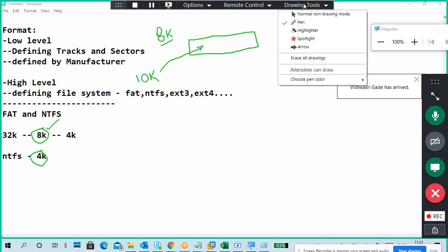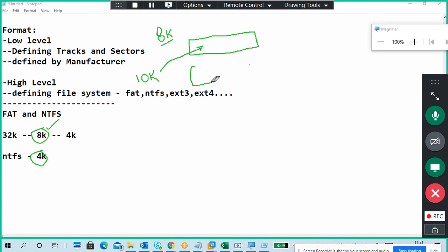Then what do we do? We take another one, which is also 8K. I put 8K data here and the remaining 2K here. So how much size am I not using here? 2K is allocated, but what about the remaining? 6K unallocated. I'm not using it.